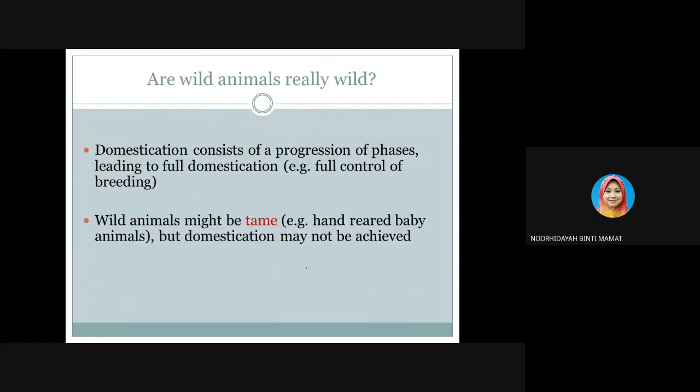So domestication is not an all or nothing process. Domestication actually consists of a progression of phases, eventually leading to full domestication. For example, we're talking about dogs, horses, camels, chickens. And in some cases, attempts at domestication may not be successful, as with species of antelopes in ancient